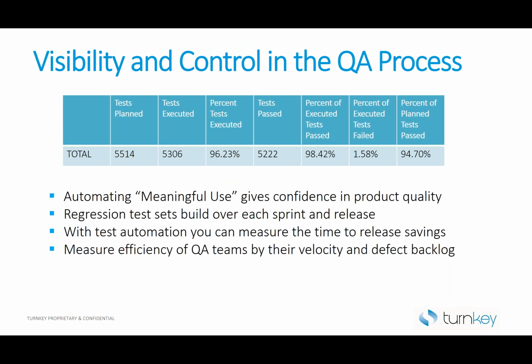Visibility and control in the QA process is critical to ensure projects are meeting timeline and quality goals from a DevOps perspective. Automating meaningful use test cases to cover the business critical scenarios ensures confidence in product quality. Automated regression test sets built over each sprint and release can give a sense of whether application quality is increasing throughout the software lifecycle. By expanding test automation coverage from release to release, you can measure the time to release savings with each iteration,